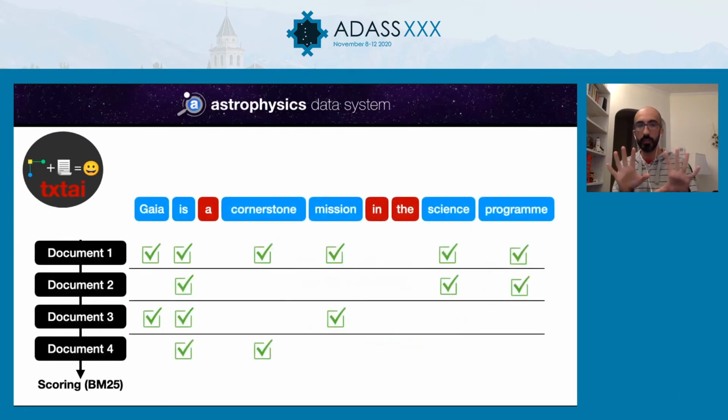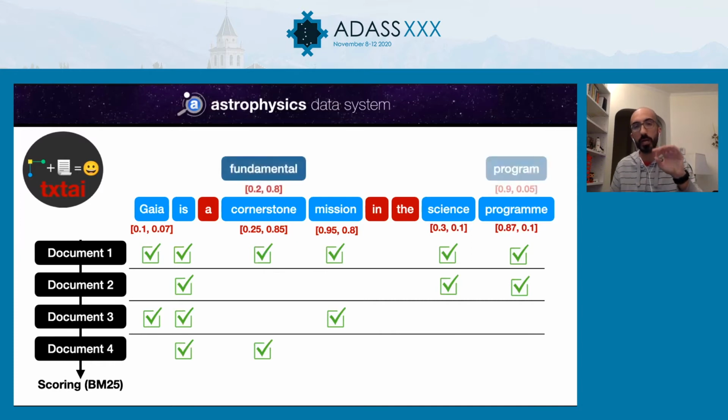We can still start with what we had before, the frequencies of the words and so on, but now we can look at the corresponding vectors of each of these words and search around the position of those vectors. When a user searches something, we identify other words that are similar to the word the user has searched, so we can search not only for the exact match that the user has written.